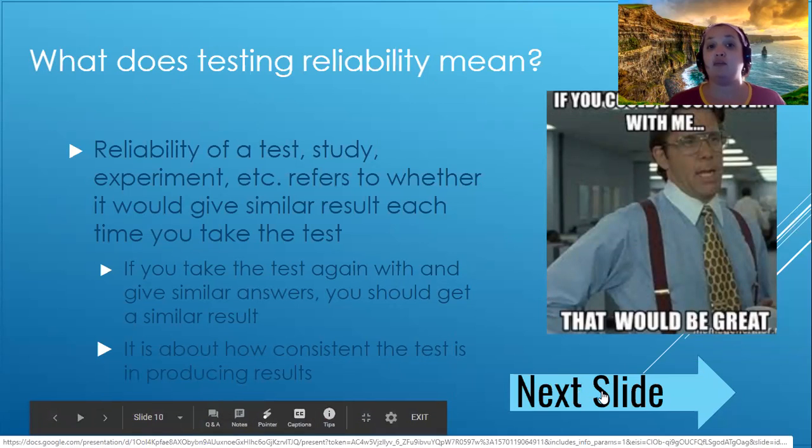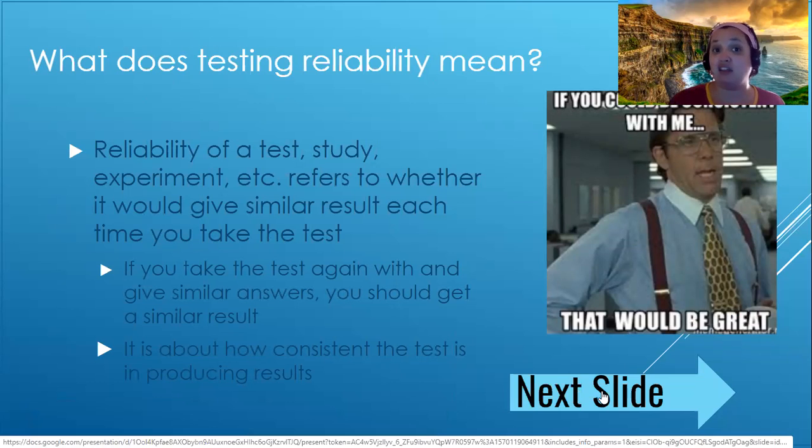Again, remember there's reasons why you might not like the results. You may say, I wouldn't rely on this. This doesn't describe me. But that's not what we're asking. So you have to be careful there when you're thinking about that.